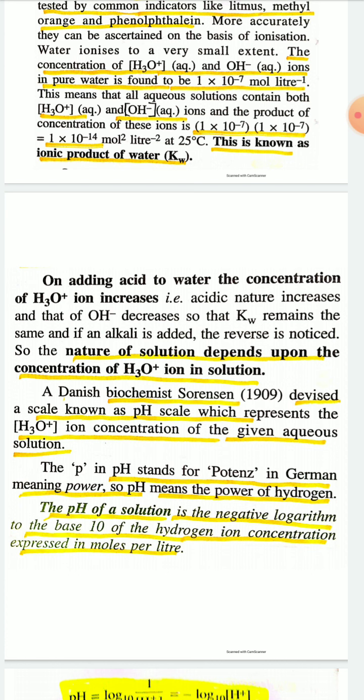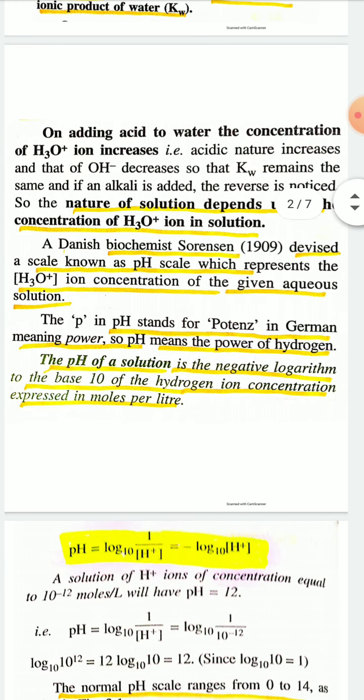So biochemist Sorensen devised a scale known as the pH scale, which represents the H3O+ ion concentration of a given aqueous solution. In the pH scale, the P in pH stands for potenz. In German, the word potenz means power. So pH means power of hydrogen, and mathematically, the pH of a solution is the